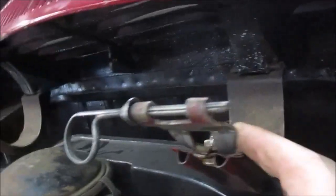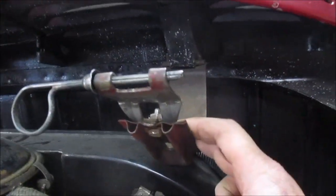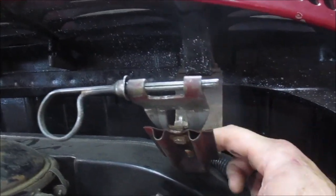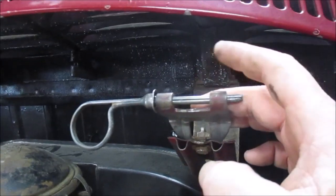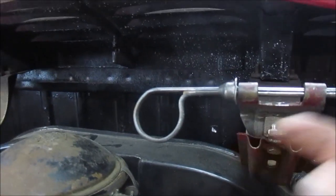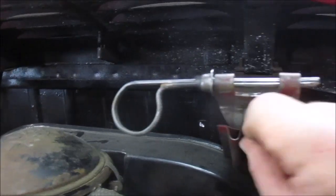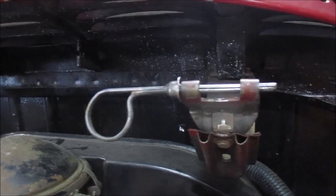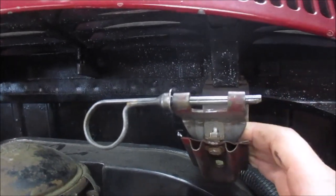We did put a slight bend in the stock hinge. Usually this slides down. Sorry for the camera work, I'll try to be steadier. Usually this slides down to where it's in the 2 bolts. We've just moved it up, put a slight bend in it for clearance. And then we took the tab right here that usually stops the deck lid from going too far forward, and we've bent it down to kind of lock everything in place. And that's how we made the deck lid standoff in this car. And the quick release